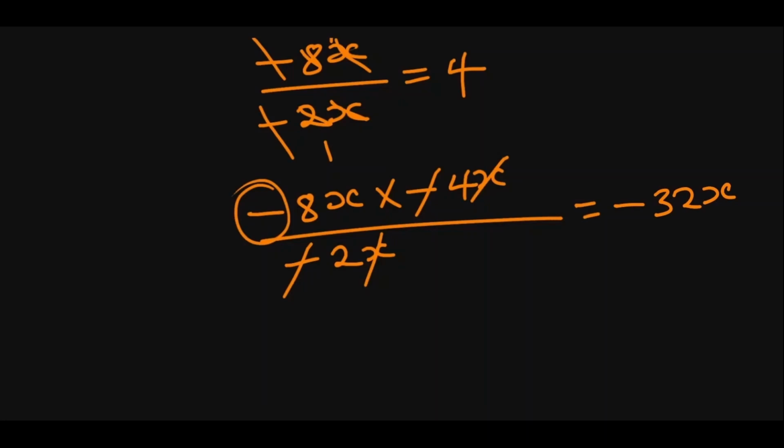Now let's look at another scenario in division, because in division there are so many possibilities, so many scenarios that we can see. So what if you had multiple variables? Same principle applies. Just cancel out identical things up and down, and what is left becomes your answer. So if we had 8xy over 2x, x cancels x, 2 divided by 2 is 1, 8 divided by 2 is 4. So the answer is 4 times y, which is 4y. So that is also as simple as we've written it.